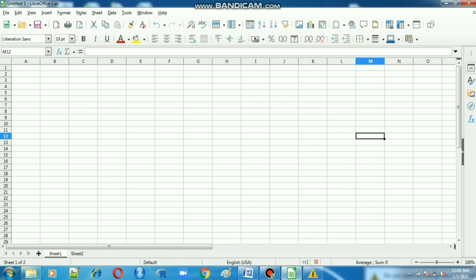Next is the active cell. This is the active cell, because here only we are going to type. This is the active cell address, so otherwise mark 1.